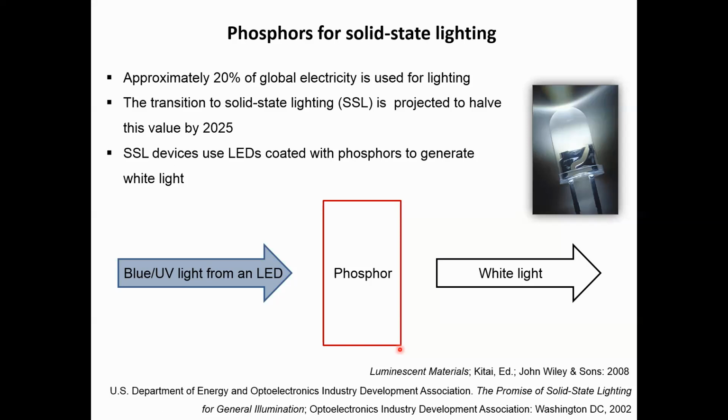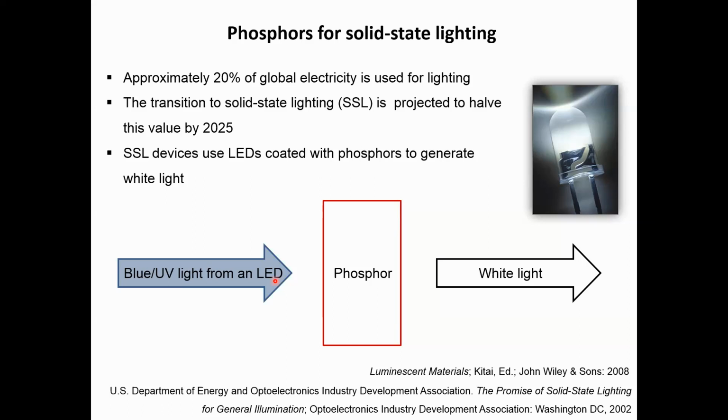So solid state lighting requires the following two components. We need a UV, or more ideally a blue LED, a light emitting diode. And of course, you don't want to bathe your room in blue light. So you want to cover that blue LED with a phosphor. The job of the phosphor is to be excited by blue light. So you want to shine blue light on the phosphor,